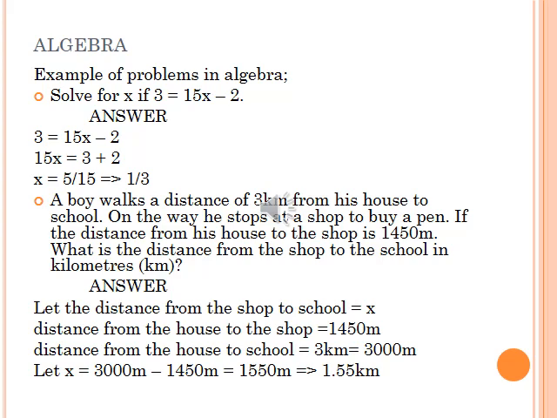Let x be now 3,000 meters minus 1,450 meters, which is 1,550 meters. Converting it to kilometers will be